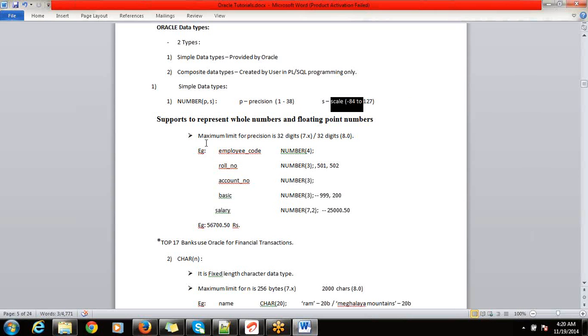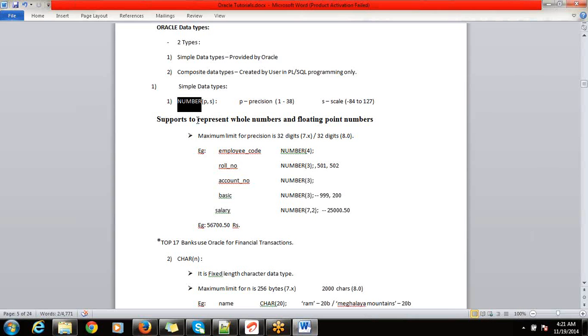So let me give you an example here. You can see this numeric data type is supposed to represent whole numbers and floating point numbers also. In C programming, the integers can be represented only with int, whereas if you want to represent some decimal numbers which have a dot in them, you will go for a float or a double data type in C programming, right?